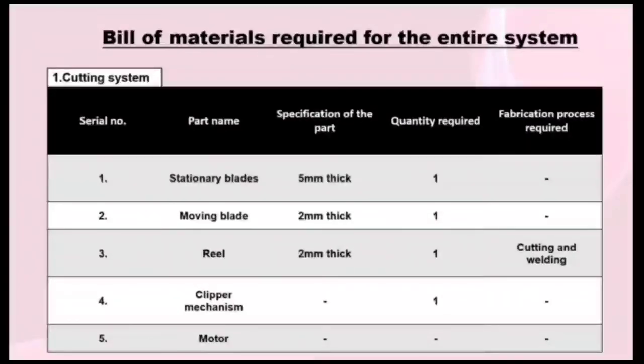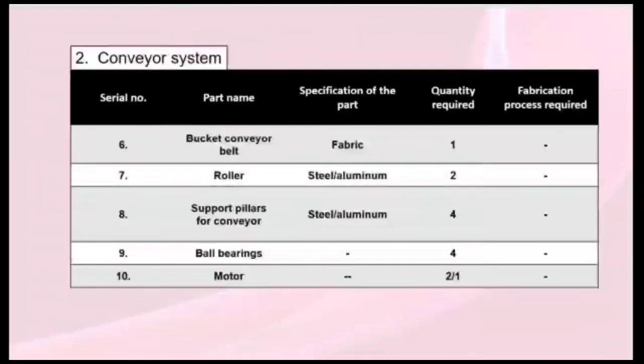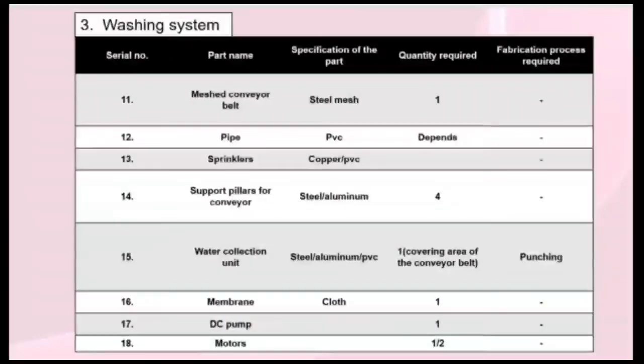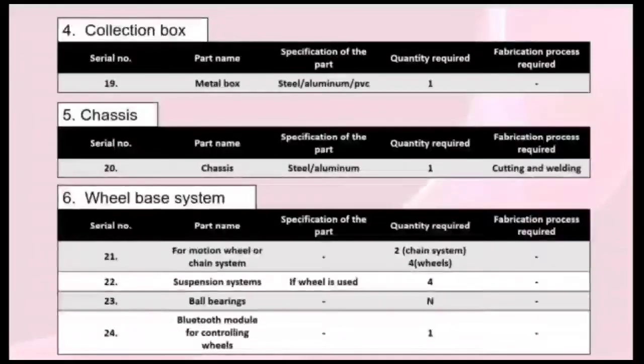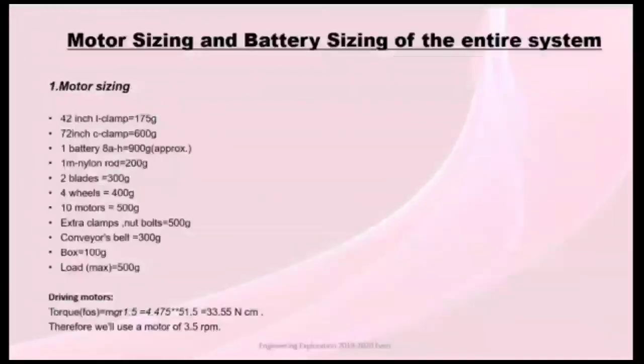Now coming to bill of materials, we will mention the major materials required by each subsystem. Like cutting, it will require fabrication of 2 stainless steel blades and the appropriate setup to house the blades. Reel made out of metal or acrylic sheet to get the materials. Conveyor belt, we will require shafts on which the conveyor will take a grip and rotate, and appropriate fabric and motors to run them. Chassis to hold everything in position, and we will also need a box to collect all the harvested crop.